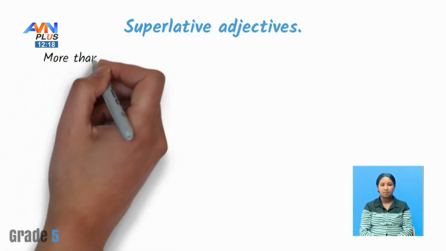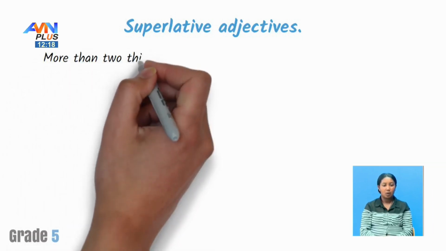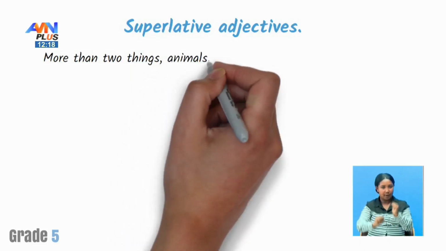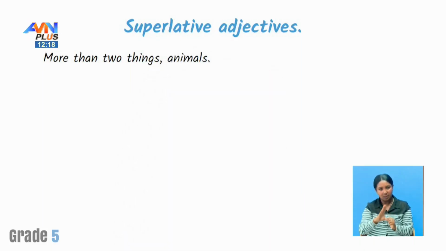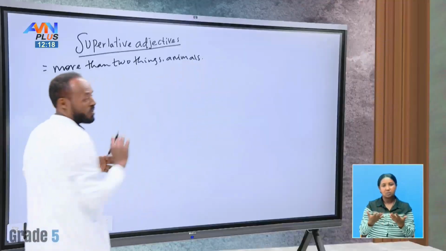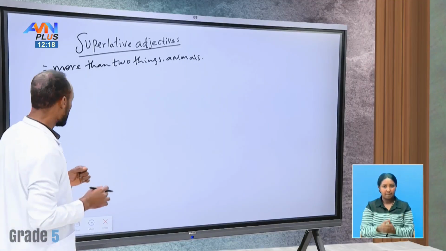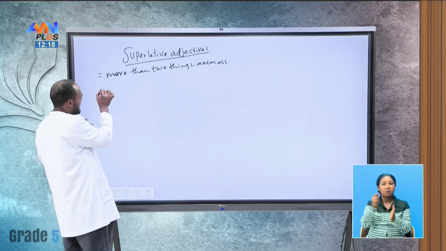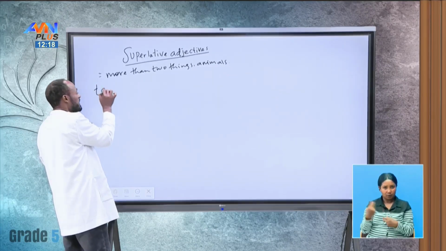More than two things. Animals, persons, and so forth. Is it clear? So, more than two means, for example, in such a case, we have to use